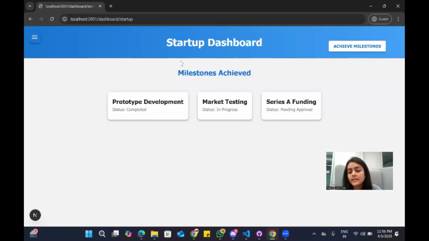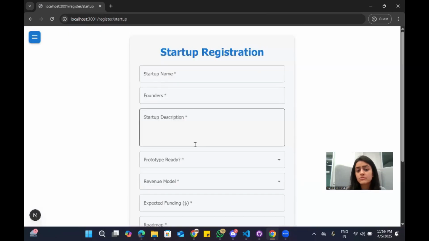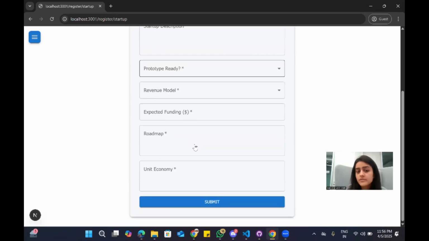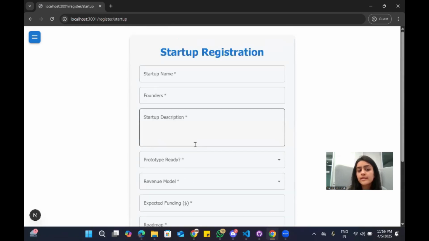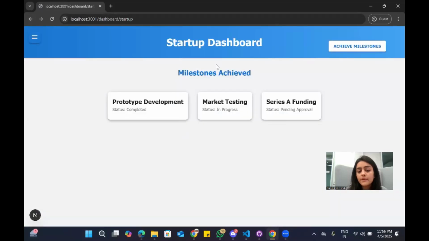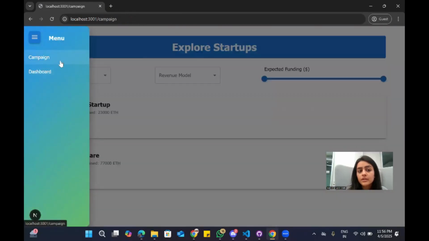So when I sign in as a startup, I have some milestones that are to be achieved. If I go to milestones, they include all the details of the startup registration that needs to be recorded. And once I submit them, we are given an option to join the campaign, and all the milestones will be listed here. And if I go to campaign,